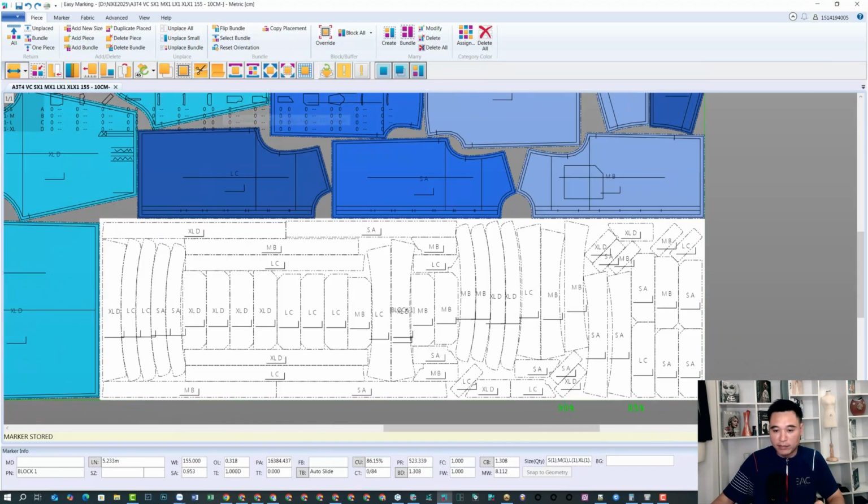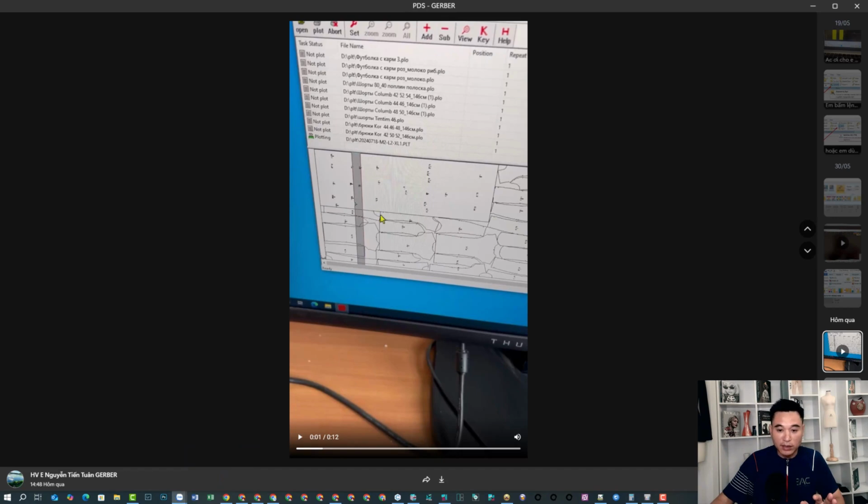When you create a block fusing area like this, you need to be able to print the lines of the small details inside so that later you can cut them. But right now, he's facing a situation where he can't. The printout doesn't show these details. The small details don't appear when printed. That's it. So I will answer his question and also record a video to share this with you all.